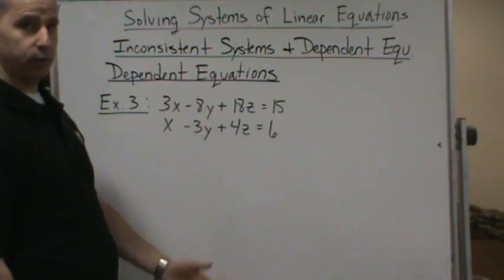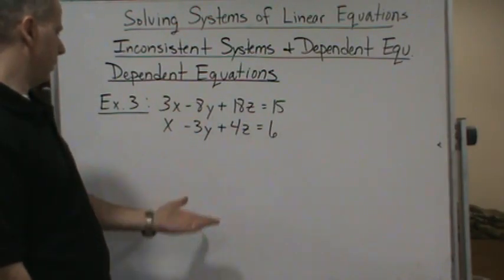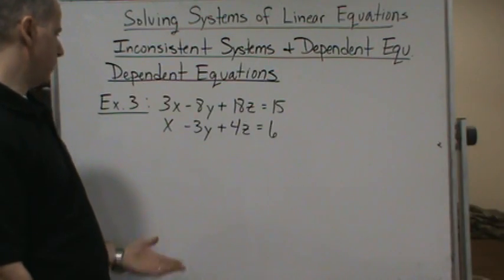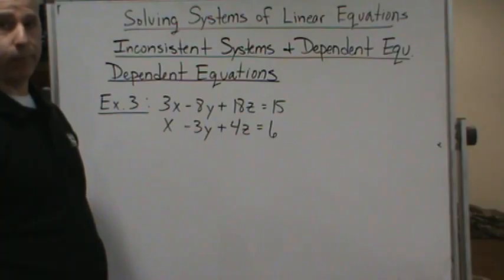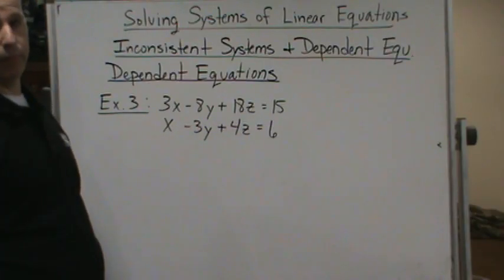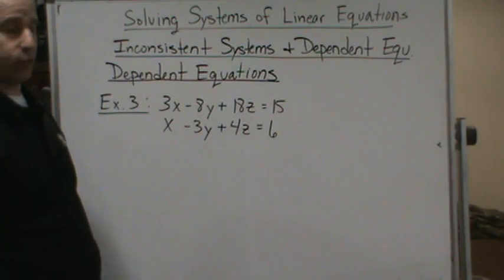Which means one of the variables is going to end up being free, okay? Unless they're parallel, which it's possible, then they represent the same plane. But again, they'd still be infinitely many solutions,